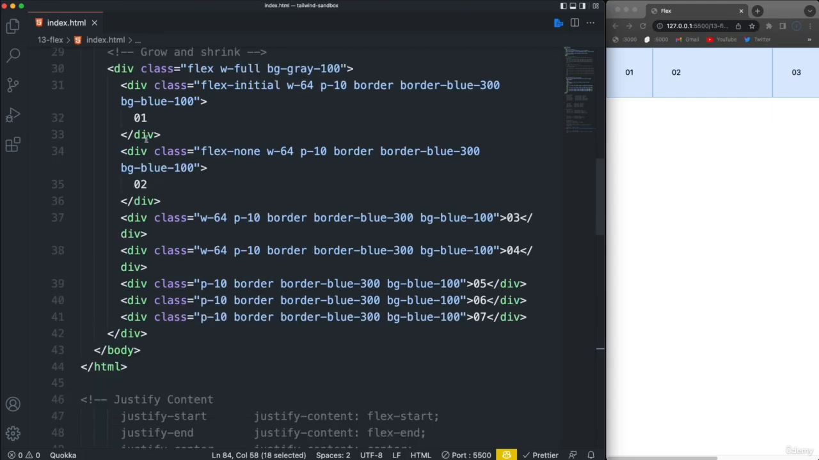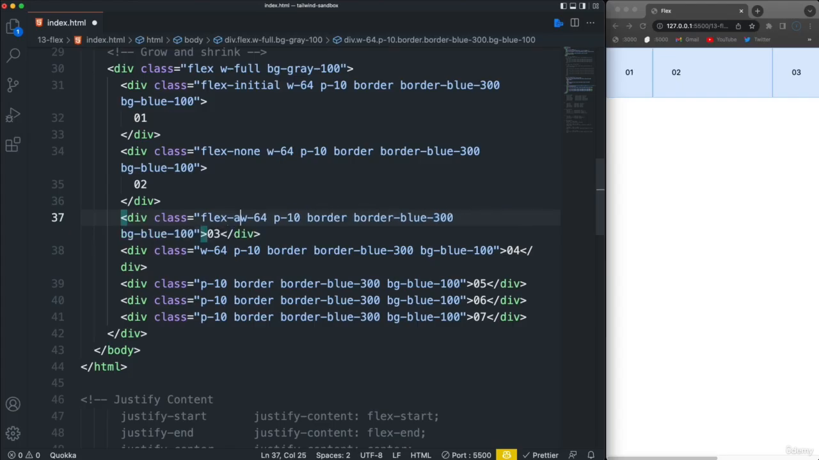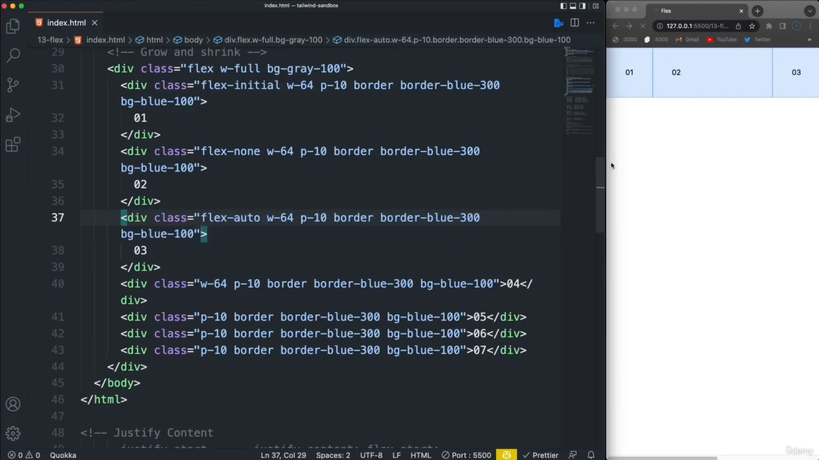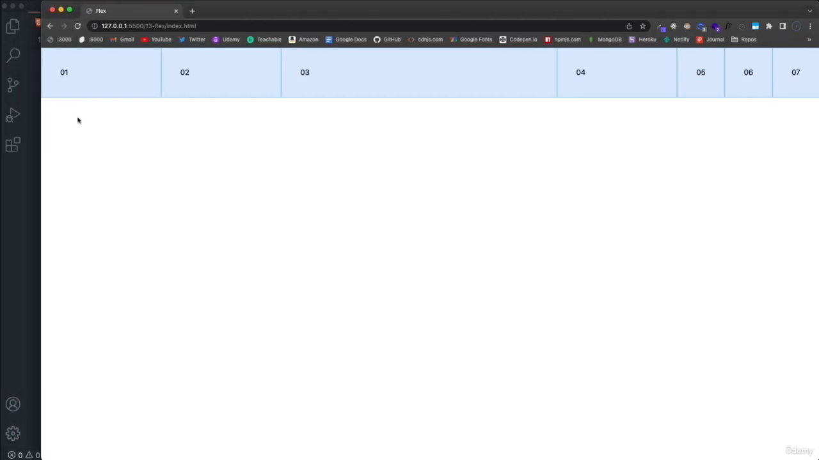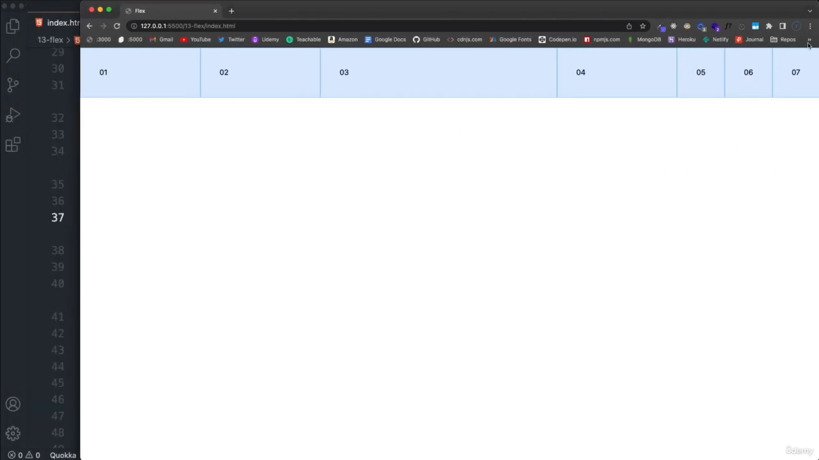So let's add auto onto the third one here. So we'll say flex-auto. Okay, and now the third one will continue to grow and fill up the entire space. Okay, so now there's no space left. It takes up the entire thing, and it can